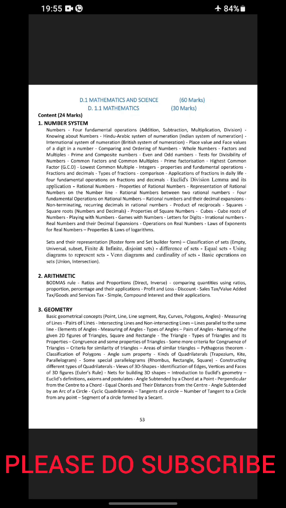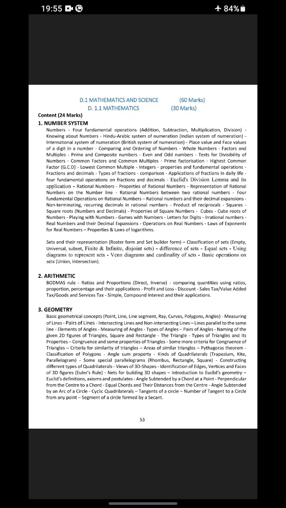expansions, operations on real numbers, laws of exponents for real numbers, properties and laws of logarithms, sets and their representation, roster form and set-builder form, classification of sets: empty, universal, subset, finite, infinite, disjoint sets, difference of sets, equal sets, using diagrams to represent sets, Venn diagrams and cardinality of sets, basic operations on sets, union, intersection,